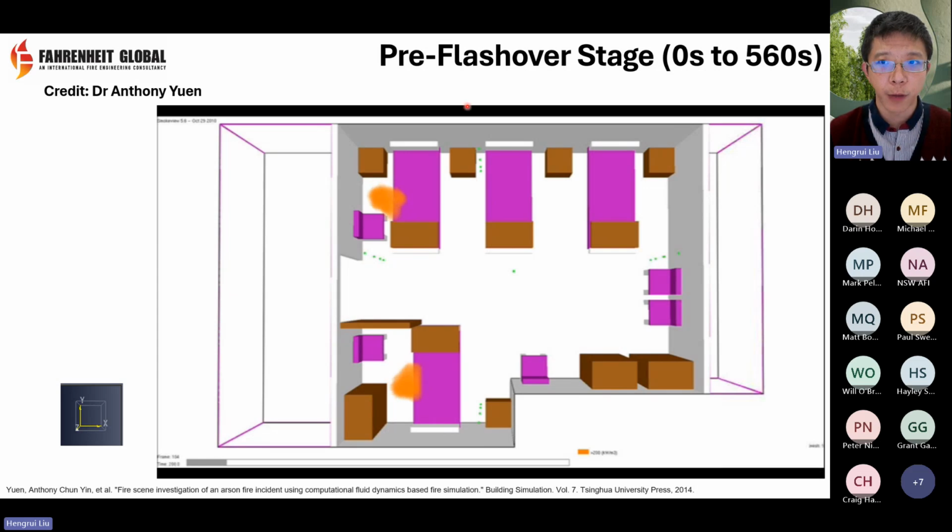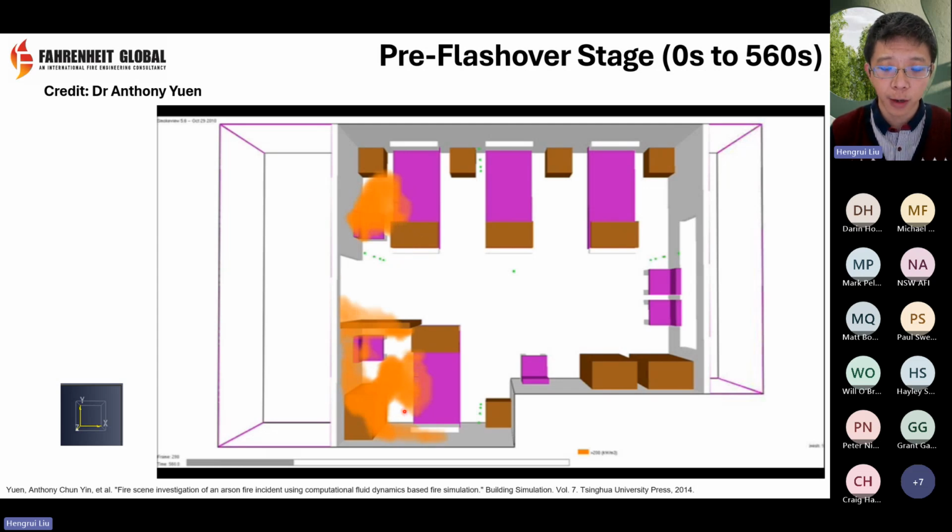So this is pre-flashover. We see it actually sustained for around 10 minutes after the fire started. But the thing we see here is that within these 10 minutes, these two fires are sort of confined, not developing to the other areas or not propagating to the other drawers or beds or whatever. But what happens here is that after 10 minutes, after 560 seconds, these windows broke because